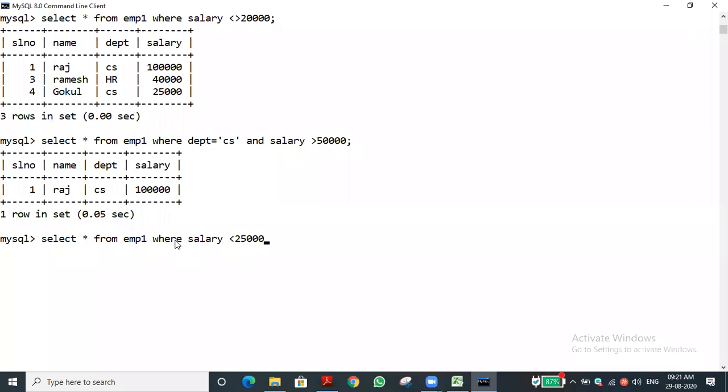Is the query over now? No. Where are we giving the increment? This query will only display who are all getting less than 25,000 salary. It will display that name list. Whether it will add 5,000 to the salary is the core concept. We need to add 5,000 rupees to the employee. The criteria is who are getting less than 25,000, for them alone we need to add it. That is the criteria given by the owner. Have you understood this situation?